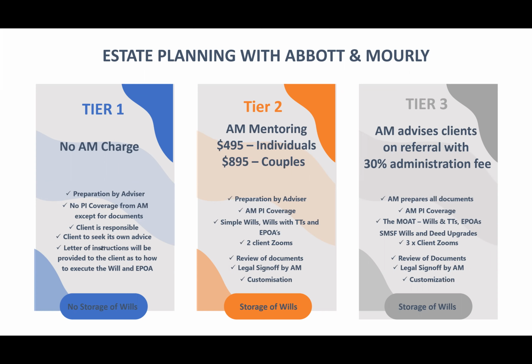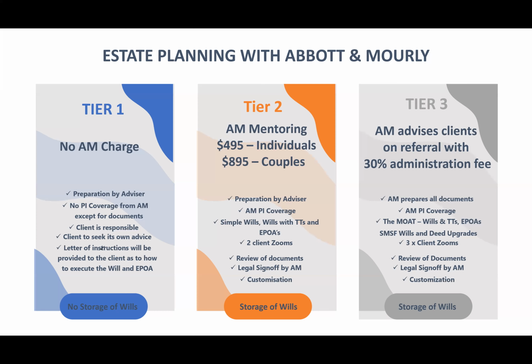bundle. To me, it's awesome value, because usually you're going to come in with testamentary trusts, and you're obviously going to have EPOAs, probably an SMSF will, particularly if you're looking at that super. Remember, we want to set up the SMSF Death Benefits Trust. That's pretty good for a sign off. Honestly, that's great value, because if it's a couple, you're going to be charging $3,500 to $4,000 for all those documents. So,